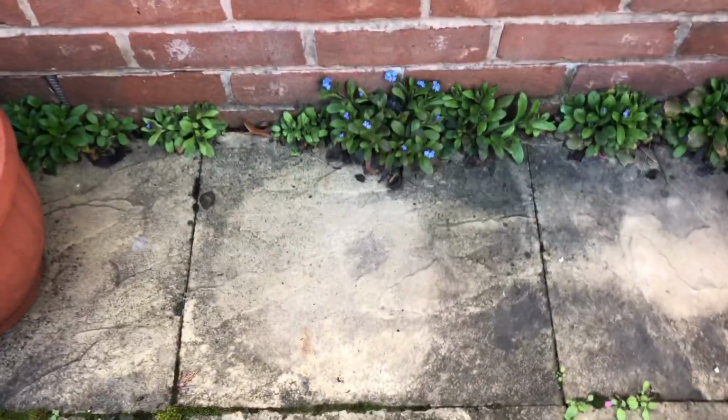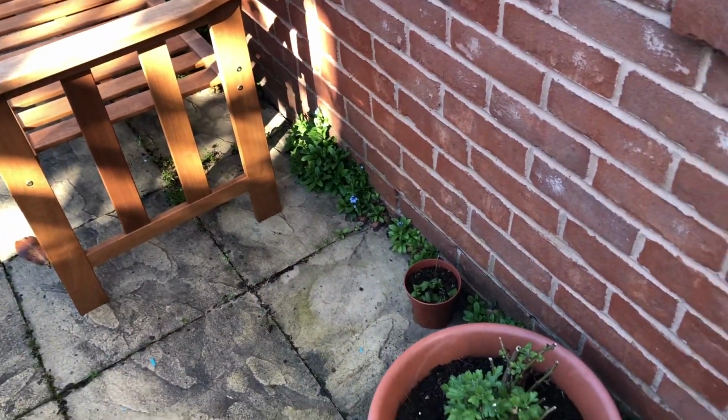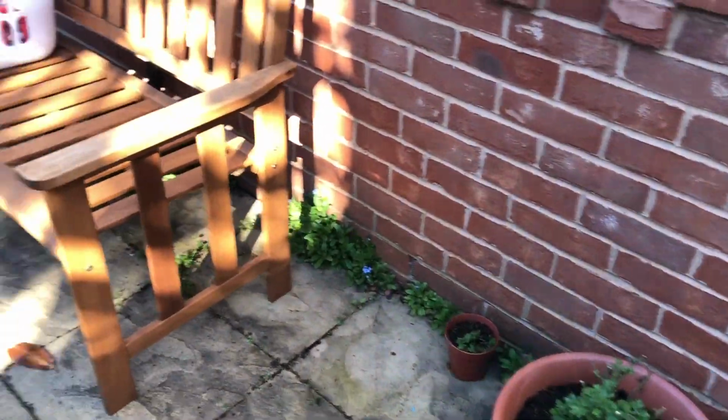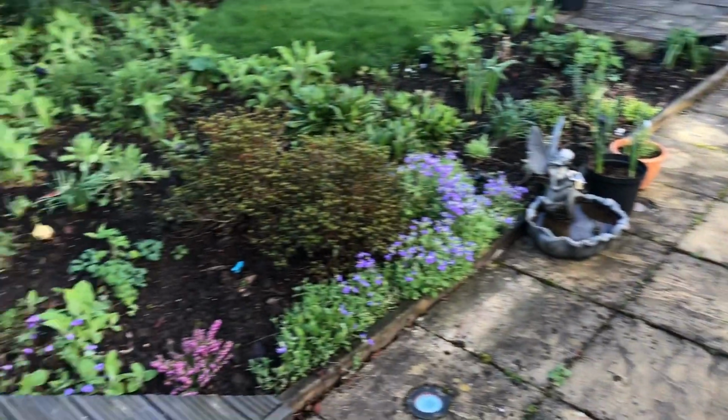It's Friday morning. These forget-me-nots are now flowering. They just run along the back of the wall here. I take them out when they're seeded and the rest of the thing, but I just kept them there. There's not a cloud in the sky,